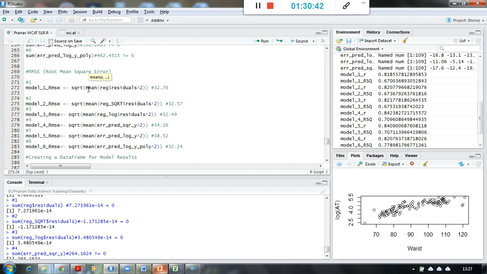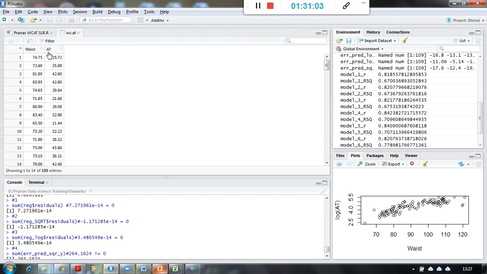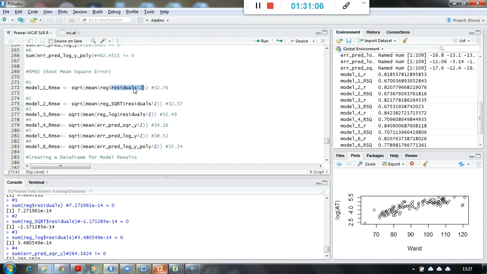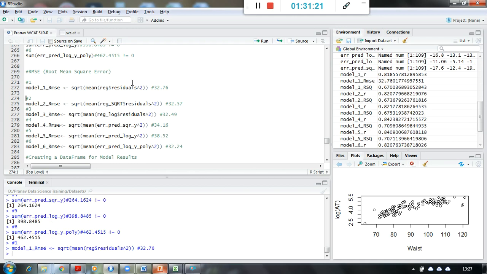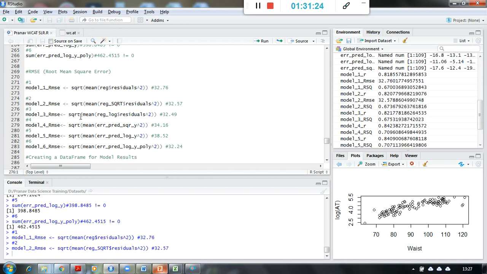For that one value, I take a square root, because we have studied this in calculating variance in basic statistics. We have to bring our values back into normal units. Because this is error square, if we are talking about centimeters, it is going to be centimeter square. But my error cannot be centimeter square, my error has to be centimeters. So to bring them back into the normal unit, I take a square root on each of those values and calculate the RMSEs. So these are my RMSEs for all the models.